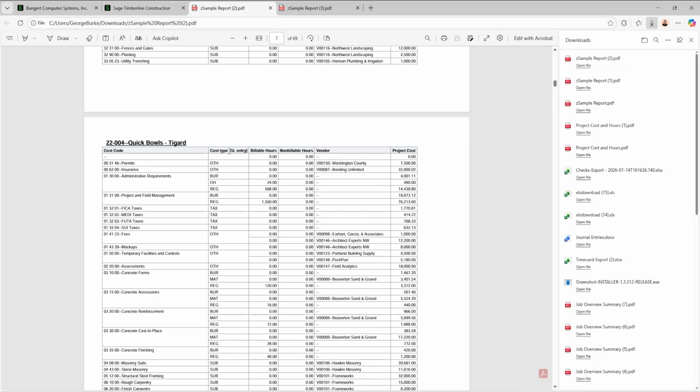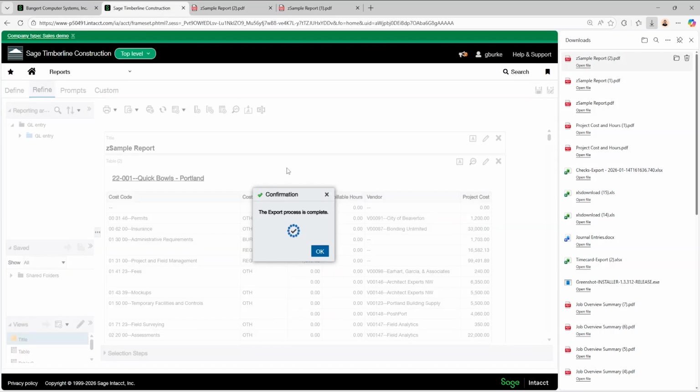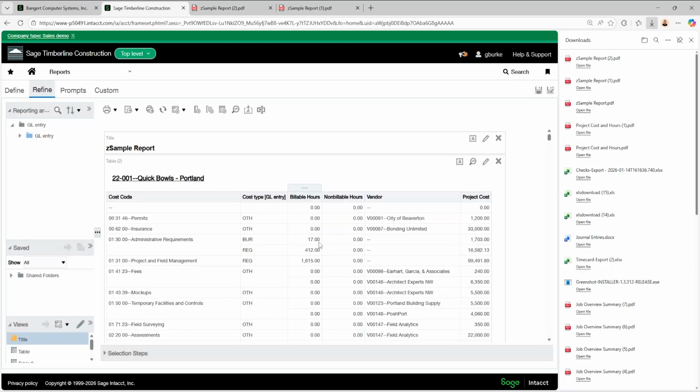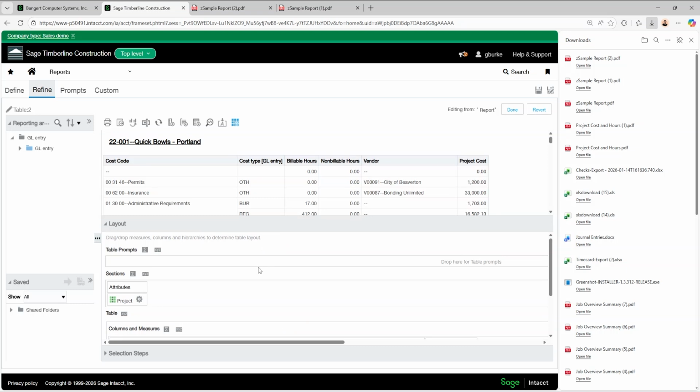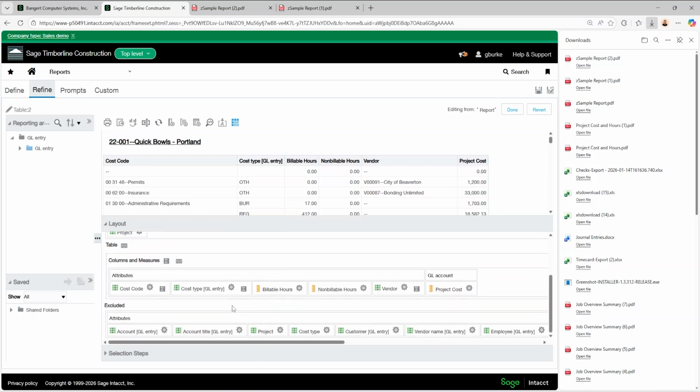Next though, I see I still have GL entry, the name of the table, in the column with cost type. So I want to get rid of that. To do so, I'll hit on our little pencil again. And then I'll hit this cog.